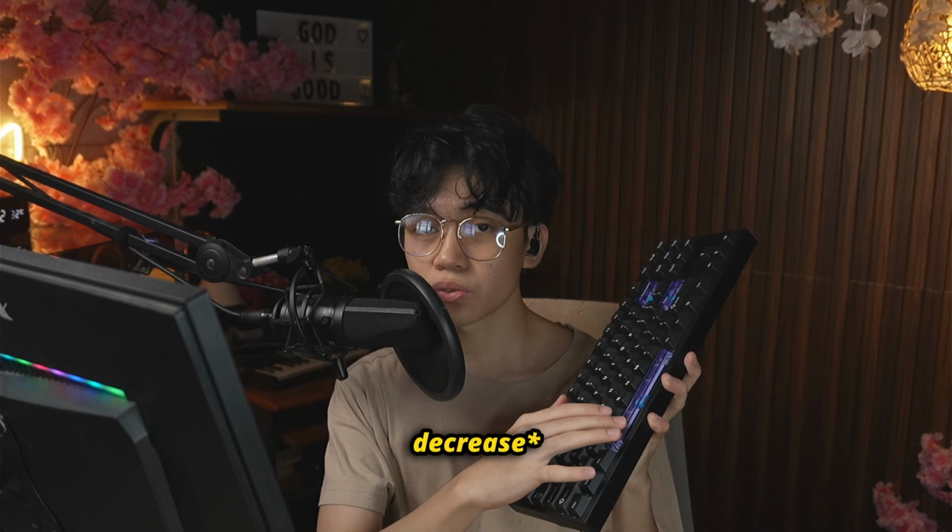And even if it double clicks when I'm gaming, it doesn't really affect Valorant at all, so I don't mind. But when typing, sometimes, for my daily use, you can always have a different profile or just increase the sensitivity of the spacebar a little bit. I mean, it's on